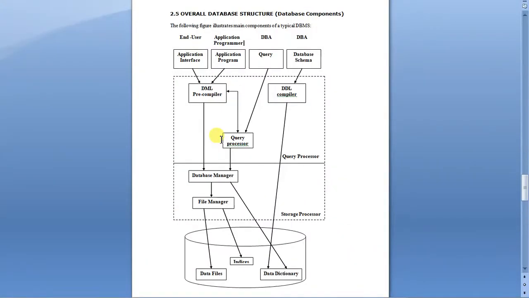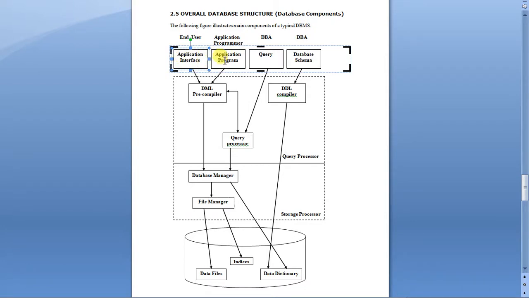So first of all, see this diagram on one screen, then we will make it large. So a typical DBMS is made up of these components. You can see these are the users who can interact with DBMS. This you must have seen in your previous video, types of DBMS users. Number one was simple users, end users. Number two were developers or people like you, application programmers, and DBAs. So these three types of users can interact with the DBMS in different ways.